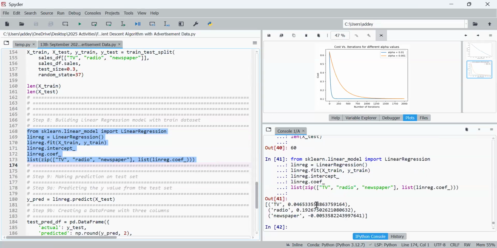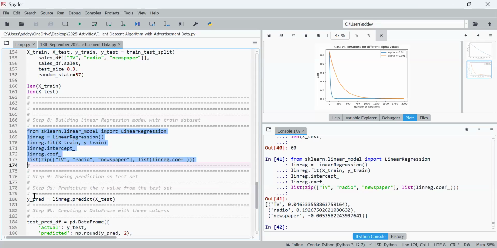When we run, these are the coefficients we are getting for our training model: the coefficient of TV is 0.04, then 0.19, and then negative